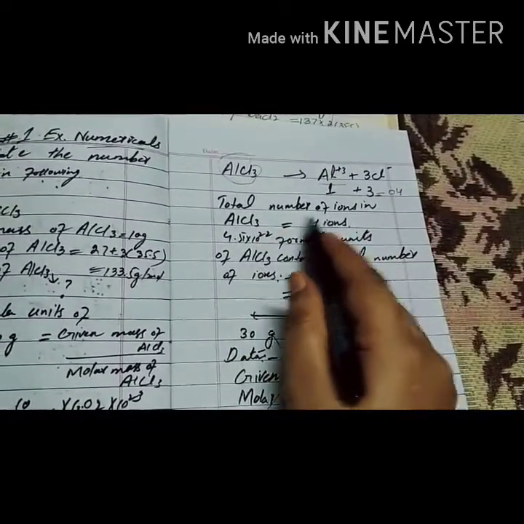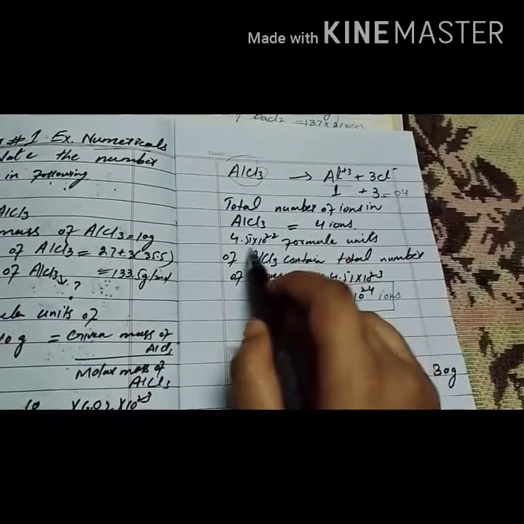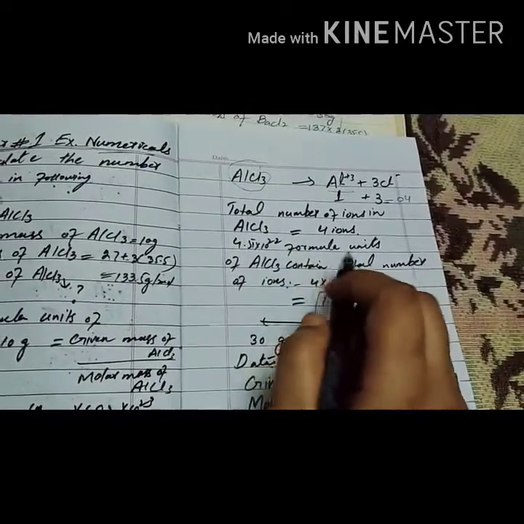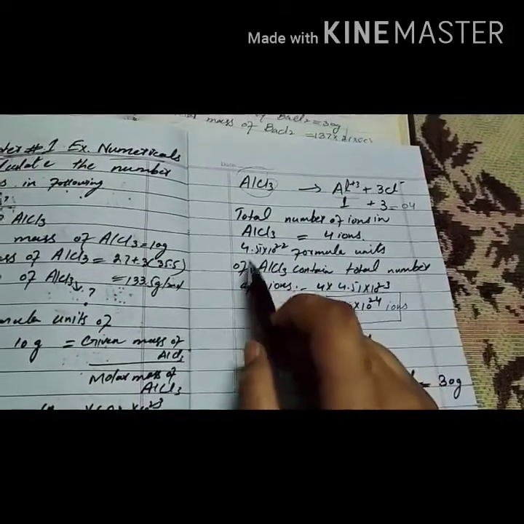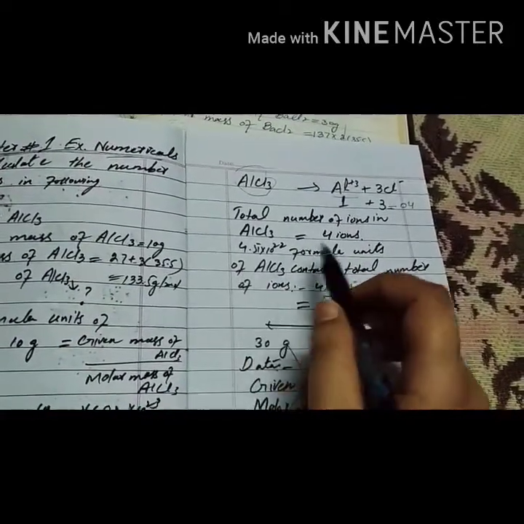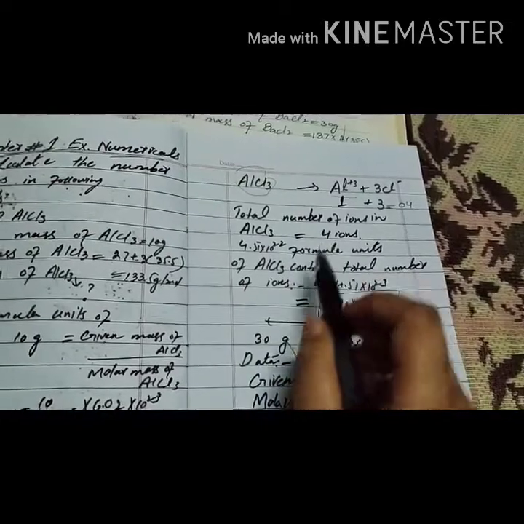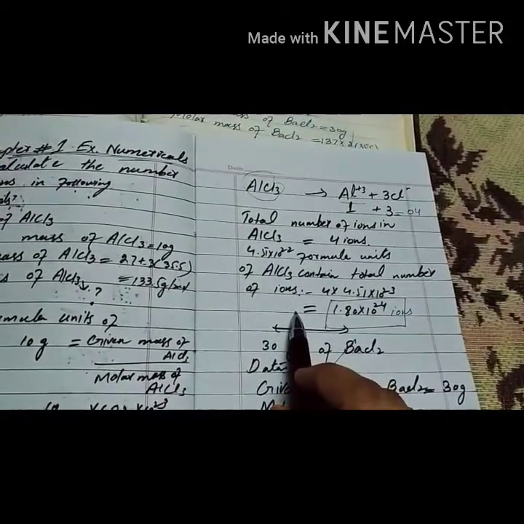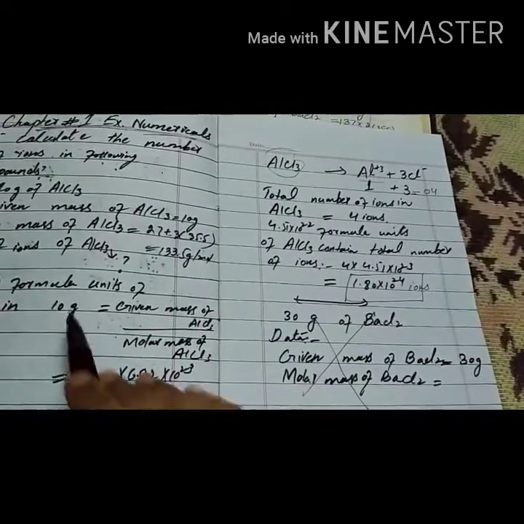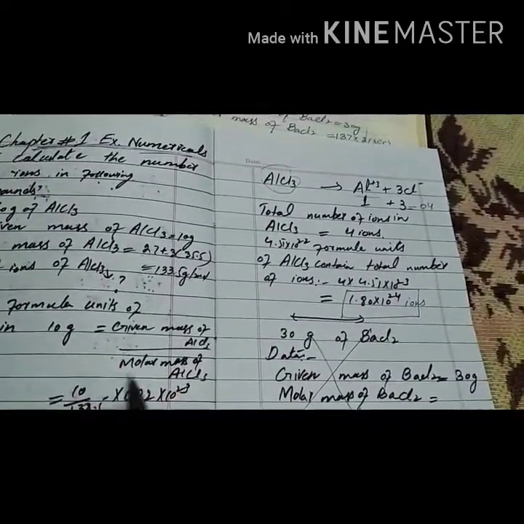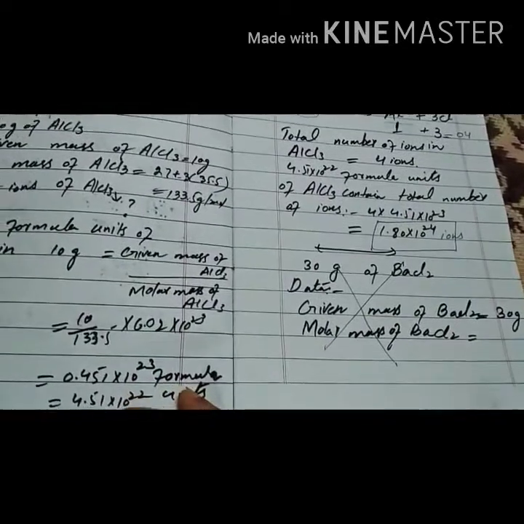Total number of ions in aluminium chloride is 4 ions, and formula units in ions and particles in these ions can be calculated by multiplying ion 4 with the formula units of 10 gram of aluminium chloride, which was 4.51